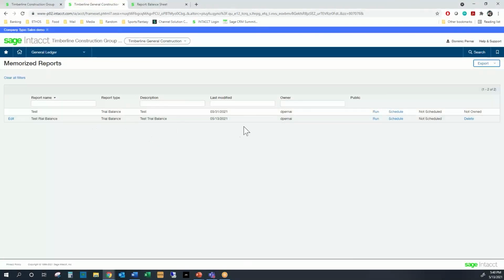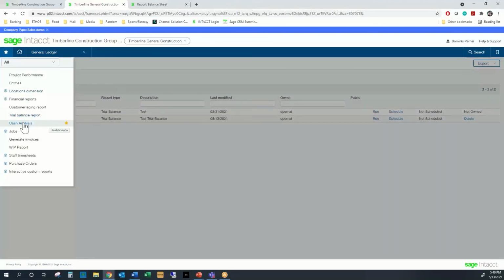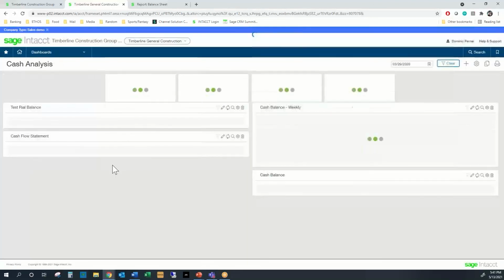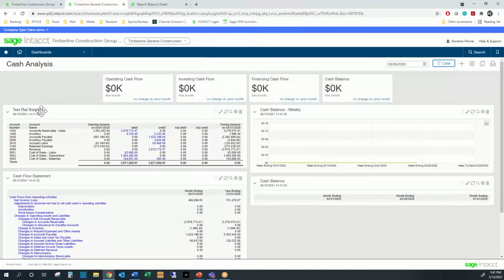So now we have this saved. It's going to be under our memorized reports. And I put that under our cash analysis dashboard. So I'm just going to come in here. And you're going to see, I spelled it wrong there too, but you'll see that we have our test trial balance. And this report will be here on the cash analysis dashboard until you want to remove it,